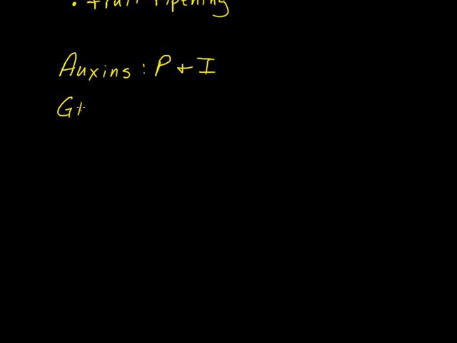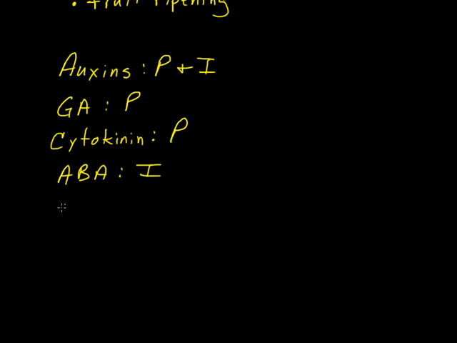Then we talked about the gibberellic acids, which are generally thought of as being growth promoting. Cytokinin, based on the word for cell division, promotes just that, and so we consider it a promoter. Then we had abscisic acid, or ABA for short, which is considered inhibitory. And then finally we had ethylene, which is also considered inhibitory.